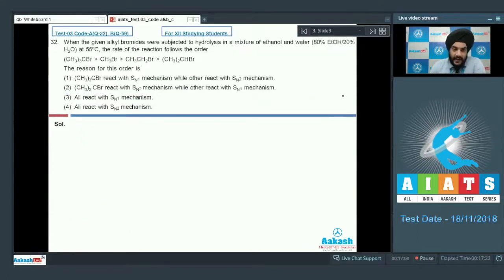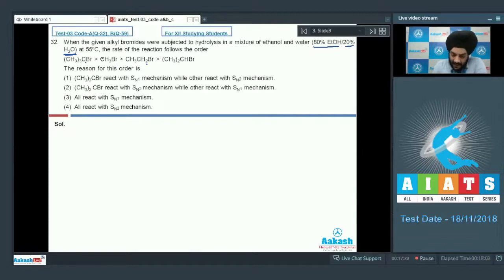Question number 32. When given alkyl bromides were subjected to hydrolysis in a mixture of ethanol and water, so we have an 80% ethanol and 20% water mixture, at 55 degrees C, the rate of reaction follows the order: tertiary is greater than primary, and primary is greater than secondary. So the reason for this order is, students, we can see that since the tertiary is the most